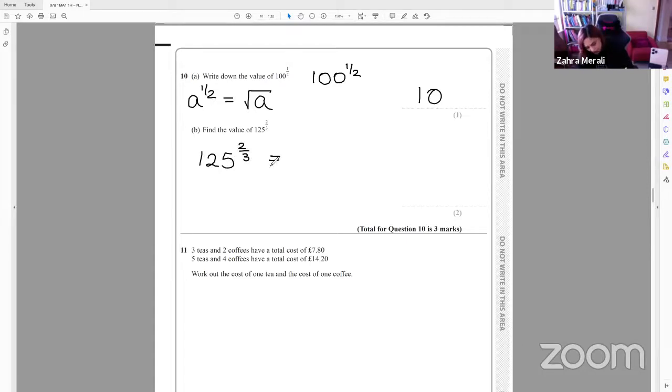So let's split that up. We've got 125, we could say to the 3rd and then squared. Now, if something to the power of a half is a square root, something to the power of a 3rd is the cube root. And in a non-calculator paper,